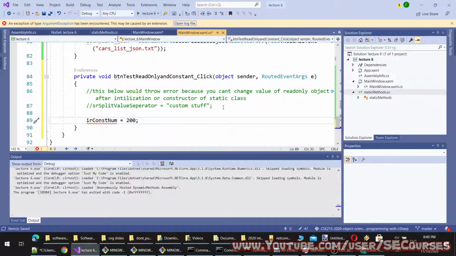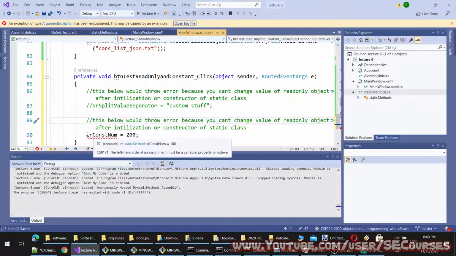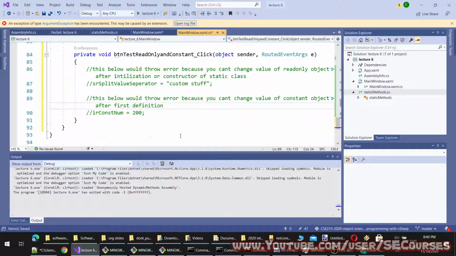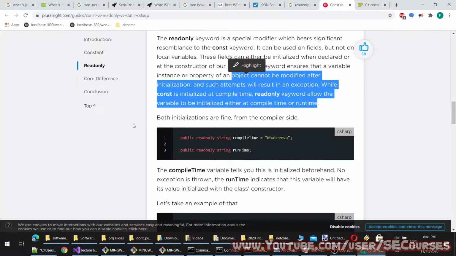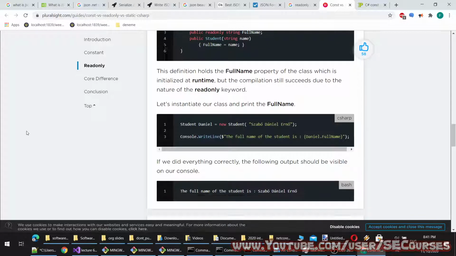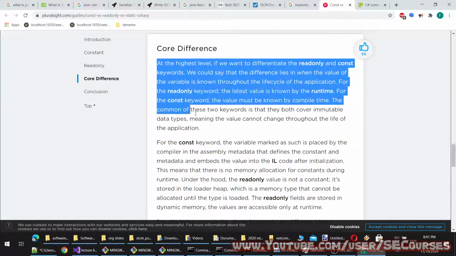Variable property or indexing. Okay, and there is also static, and we already know the static.